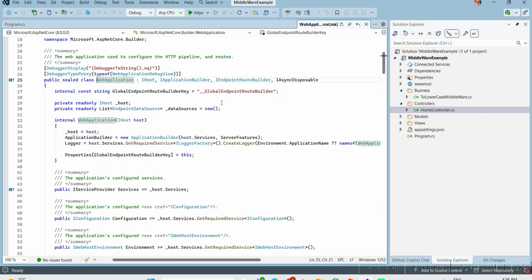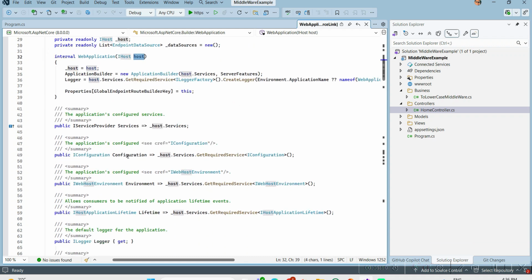Here you will be able to see this sealed class WebApplication, which inherits from IHost, IEndpointRouteBuilder, IApplicationBuilder, and that is where it provides the host,